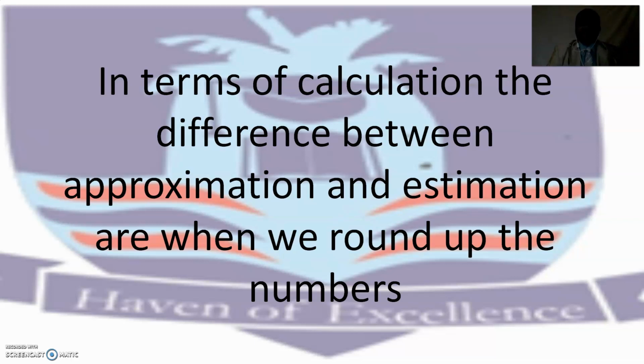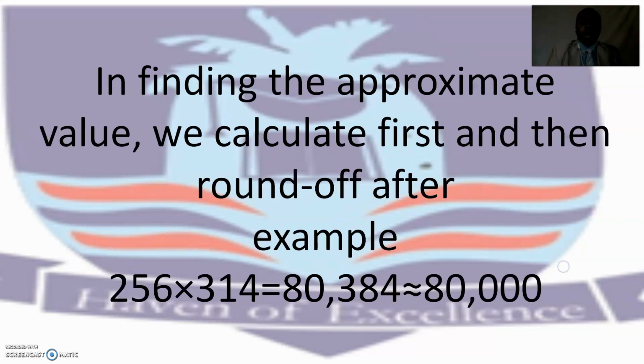And in terms of calculation, the difference between approximation and estimation is when we round off our numbers. In approximation, you round off your numbers after you have calculated, while for estimation, you round off your numbers before calculation. Here is an example to show you the difference between both of them. Here we are to find the approximate value of